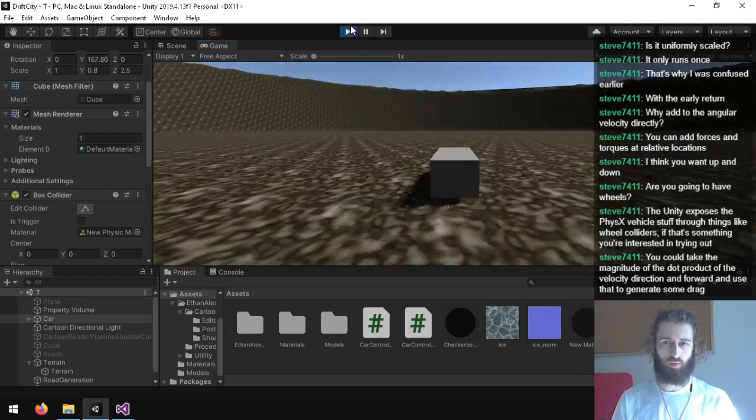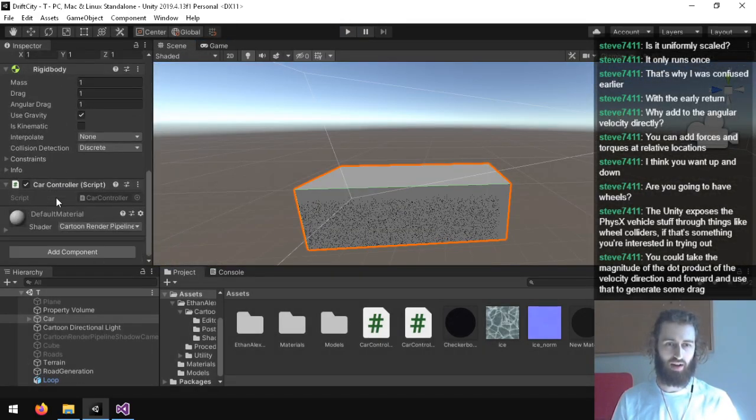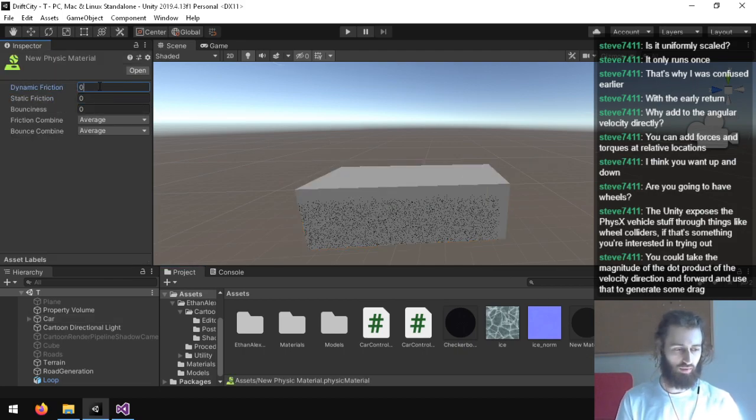Yeah, so I don't like the way the drag slows down gravity. I am not a fan of that. So I'm gonna use friction here.